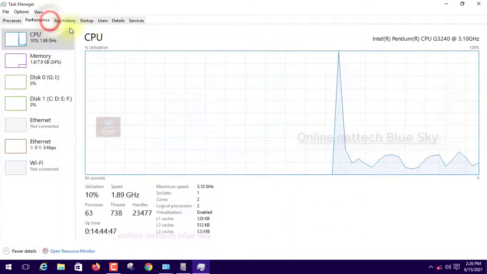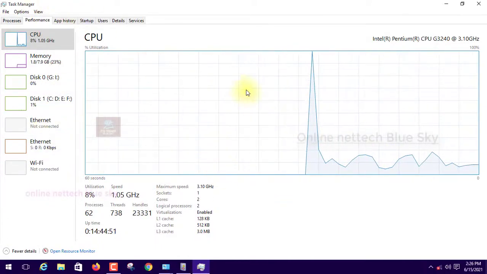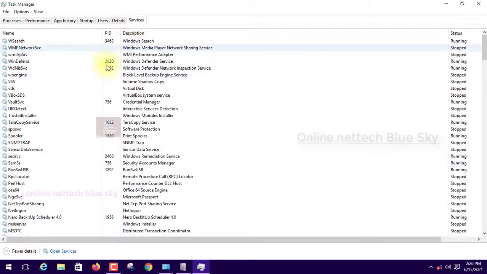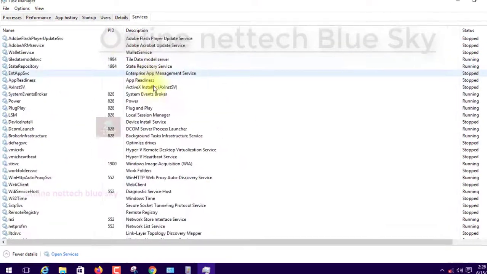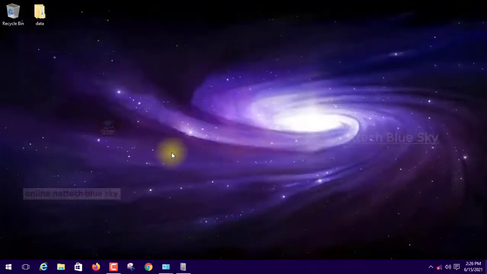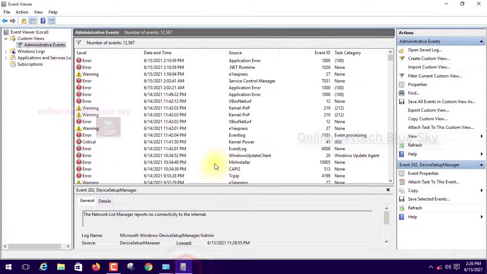Performance, you can see here this is the CPU, central processing unit. I will discuss task manager in a related video. I will create some videos next about task manager, you can see everything, services running in the background. So why these services? Because this is a main start component, and without services, without some main software, you cannot start your system.